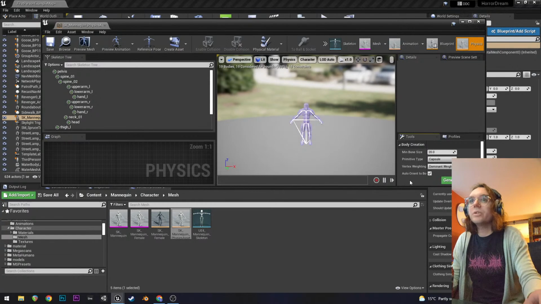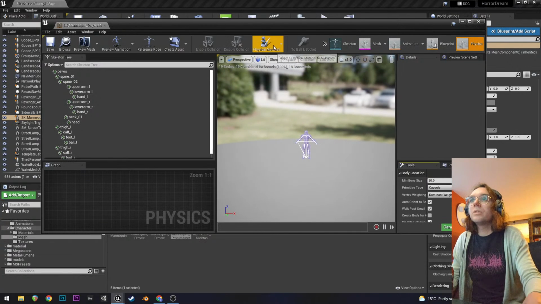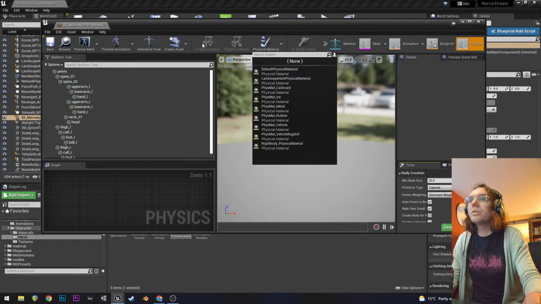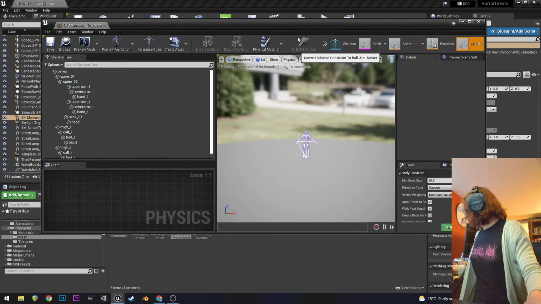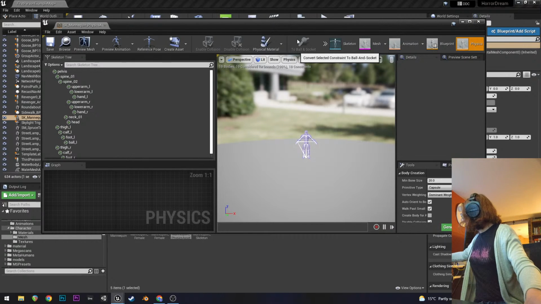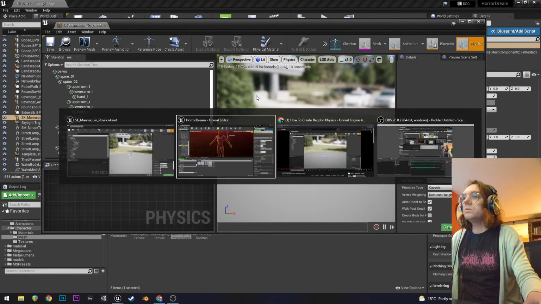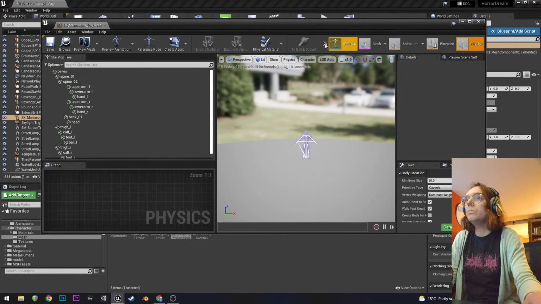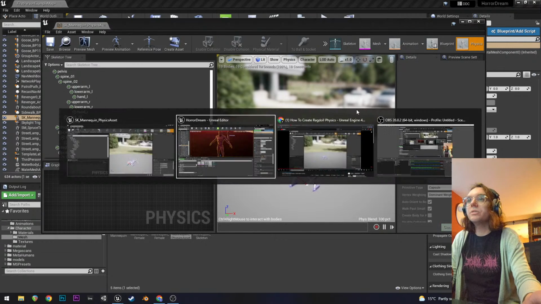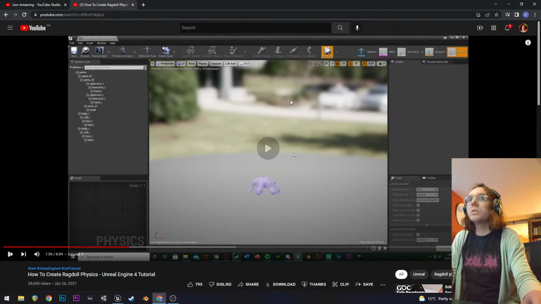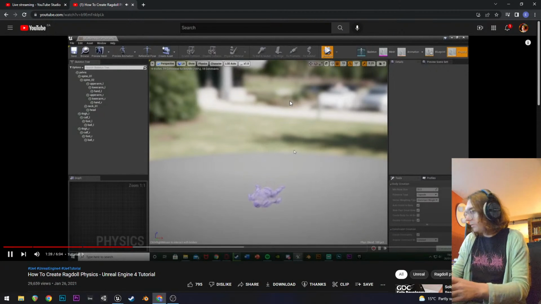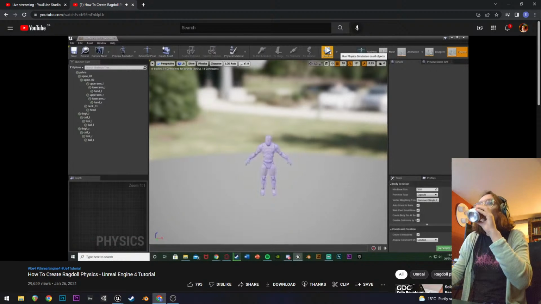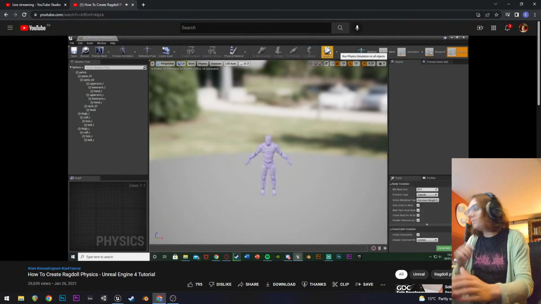Wait, where'd that simulate go? There it is. Okay, so yeah, it falls down. Great. So I think that's good by default. So you can obviously just test it out to make sure that it works perfectly. And again, you keep pressing simulate, and it will look different each time.